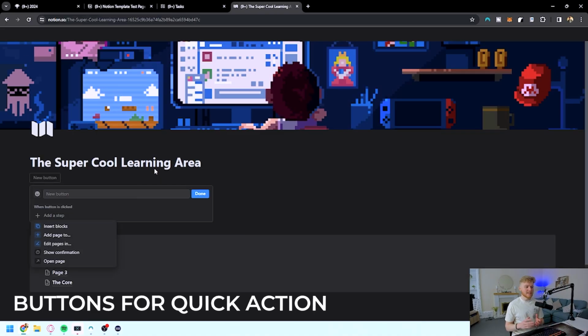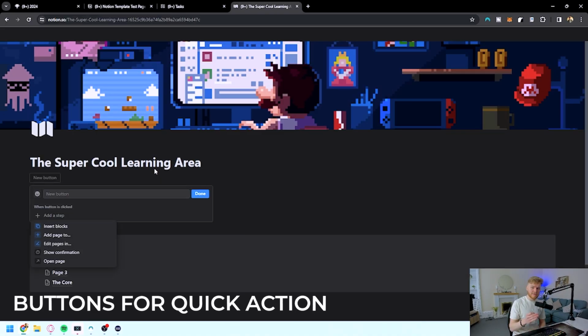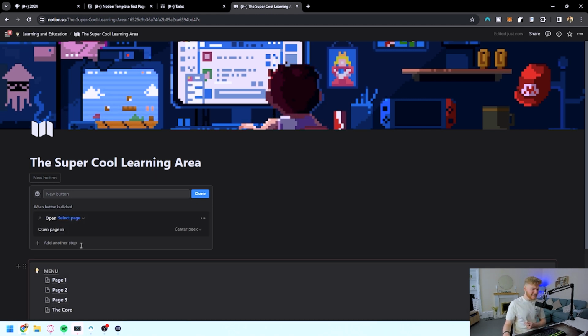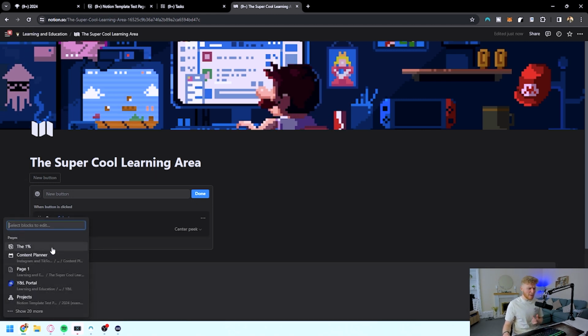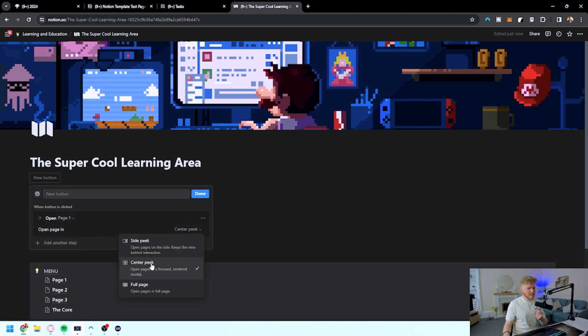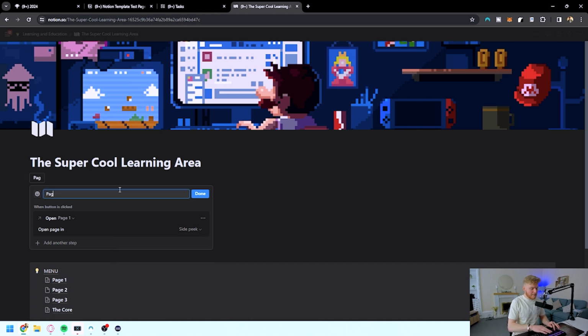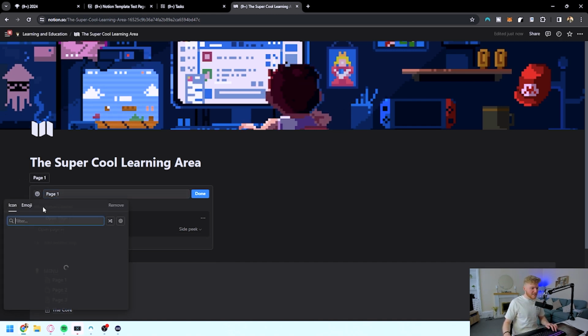Buttons have been added pretty recently. You're able to do multiple things through the click of a button. If we take the example here, what we can select is for it to open the page, and we can select whatever page we actually want this to open. For example's sake, we'll get it to open page 1, and we'll say that it will open in a side peek. This means we can name this button page 1,